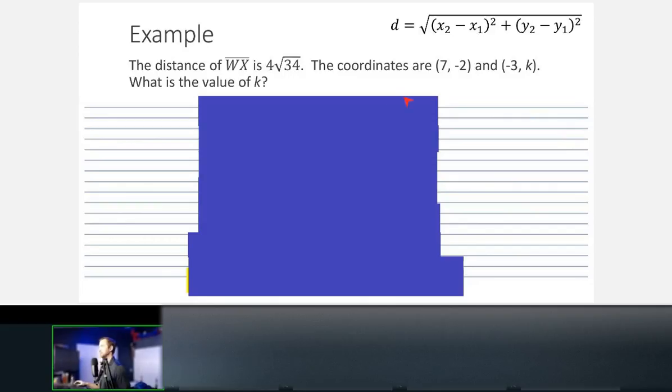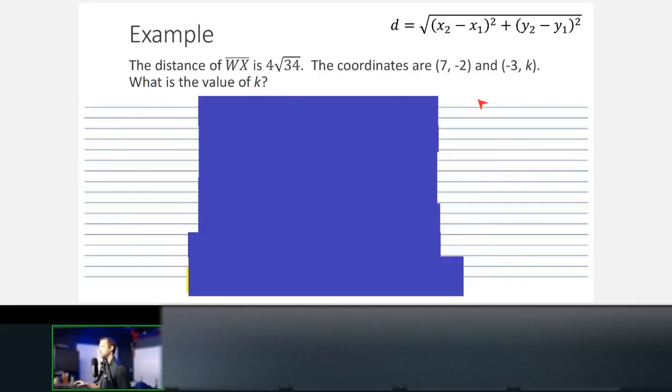Okay, let's label stuff. So this one says the distance of the segment is 4 rad 34, and the coordinates of the endpoints are (7, -2) and (-3, k). This wants to know, what is the value of k? So